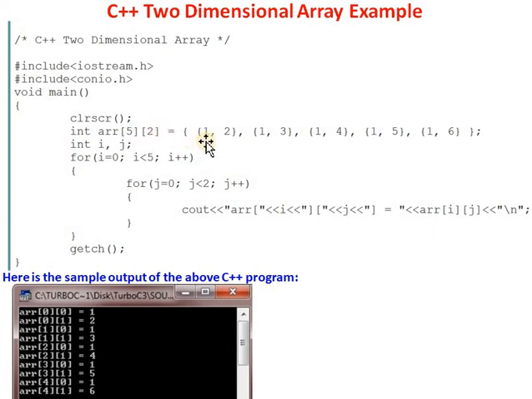And here I assign different values to the array. This array is two-dimensional, so here we need two subscript values for accessing the array elements. So here two variables are declared, named i and j.